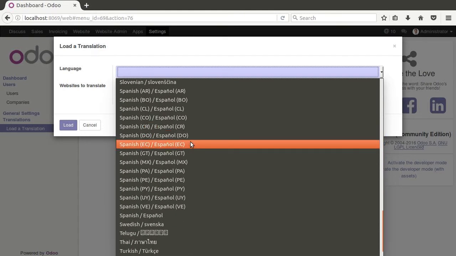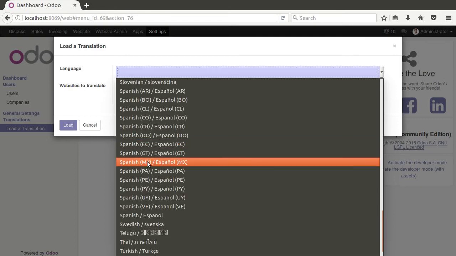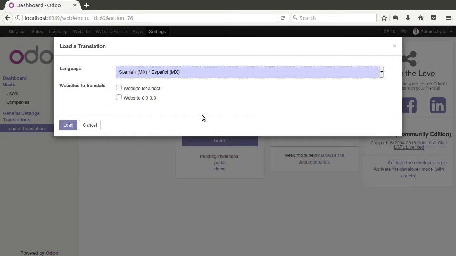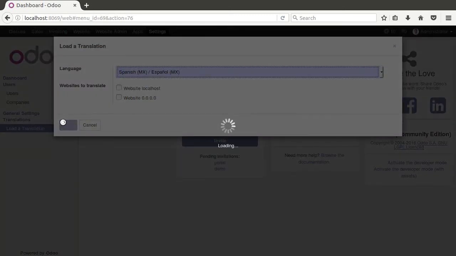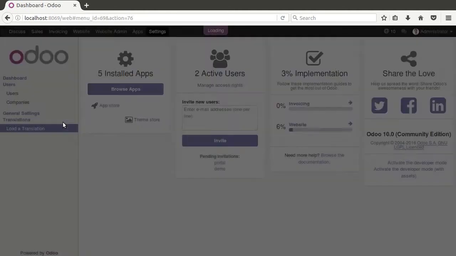For example, if we want to install a Spanish, a Mexican, I guess you'd say dialect, we can choose this localization here, and it can even translate our websites for us into different languages. But all I have to do is click load, and it's just as simple as that. We've now included a Spanish translation that we can configure our users to use different languages, and